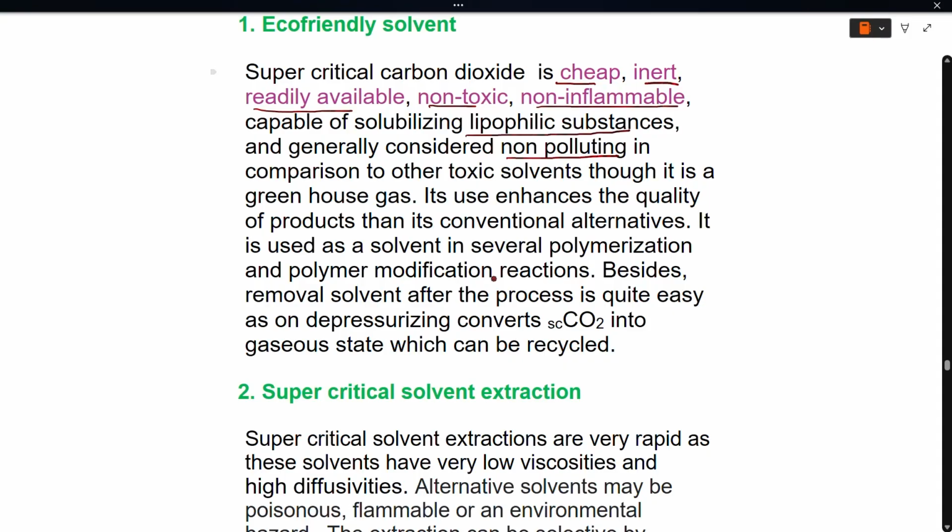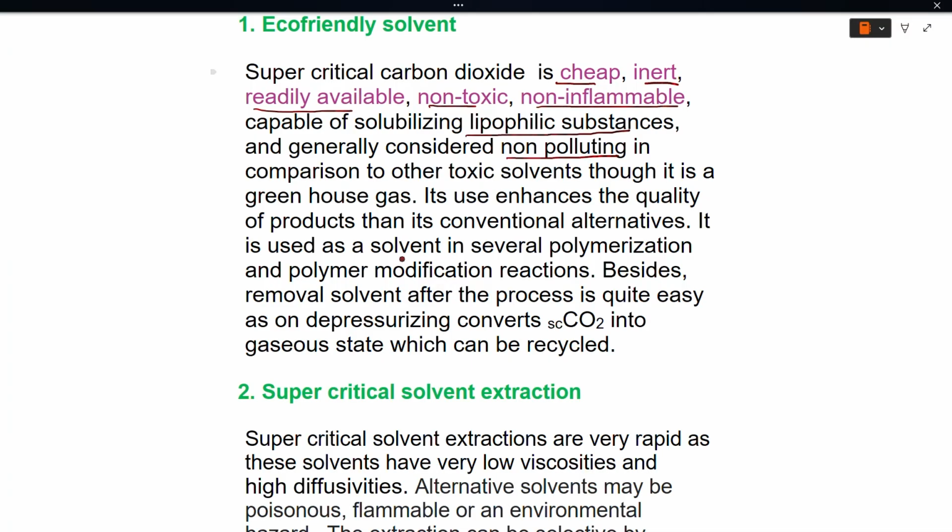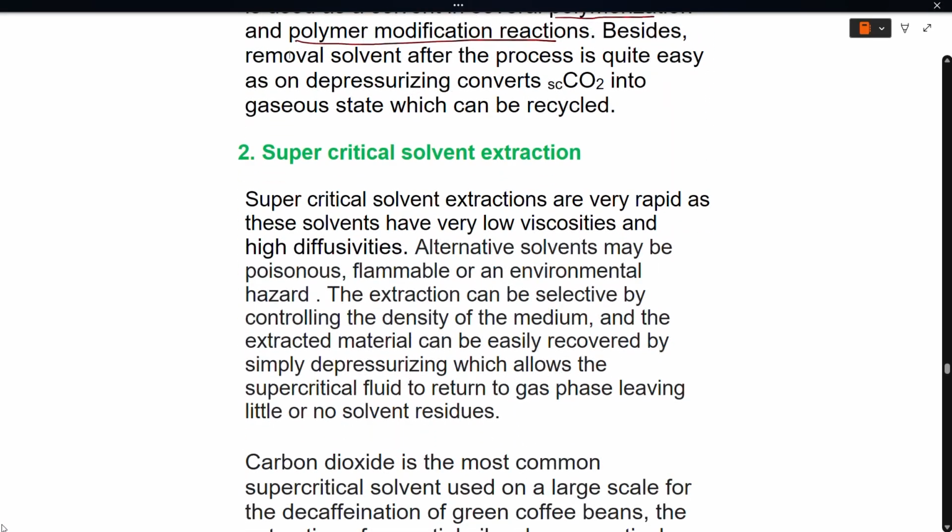Okay. Now, using supercritical carbon dioxide as a solvent enhances the quality of the products, because the products will not have any residues from the solvents, and therefore it can be used as a solvent for several polymerization reactions, polymer modification reactions, etc. Besides, removal of the solvent is very easy. You just depressurize it and the carbon dioxide goes to the gaseous state, escapes from the substance, and you can reuse that carbon dioxide. Supercritical solvent extraction is possible because they have low viscosity but high diffusion power, and therefore it is a very good